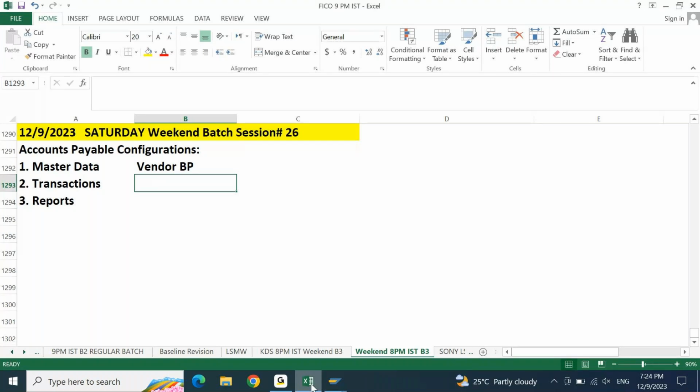Finally, when it comes to your reporting, in the transactions, I'll say invoices, returns, and then payments. After this, we need to understand the reports. What kind of reports are executed, or what kind of reports your client is currently using in the accounts payable module with respect to vendor. Maybe vendor invoice listing or vendor credit memo listing, vendor payment reports, vendor master data list or vendor aging report or days payable outstanding, any other report that is specifically used in